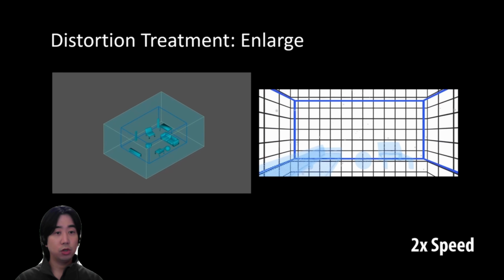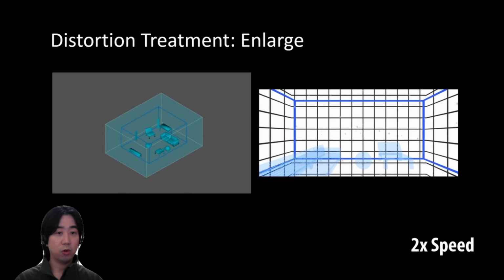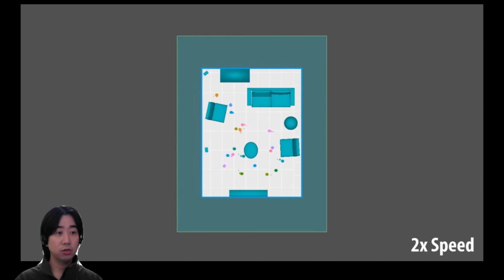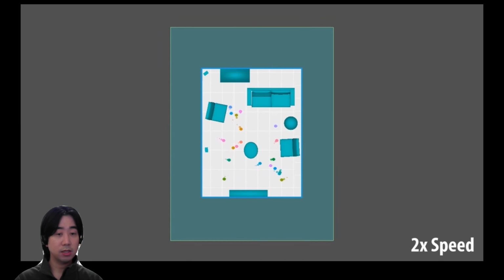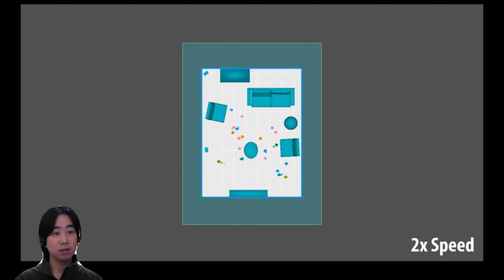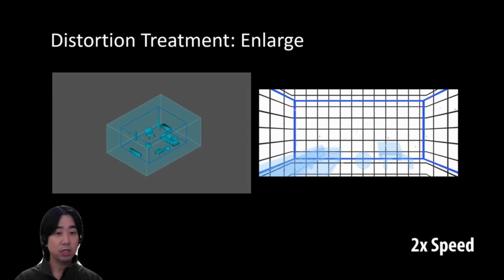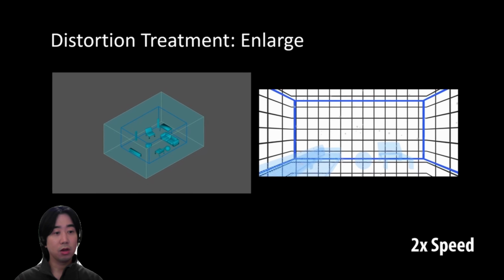Here we see the enlarged treatment and the user's view. And here is the visualization of the overall motion response to the treatment. While the room appears to enlarge, the users walk about the full floor layout, while when the room is being compressed, users tend to congregate in the center part of the room. We believe this movement pattern is caused by users exploring the perceptibly enlarged space and then subsequently the contracted space.